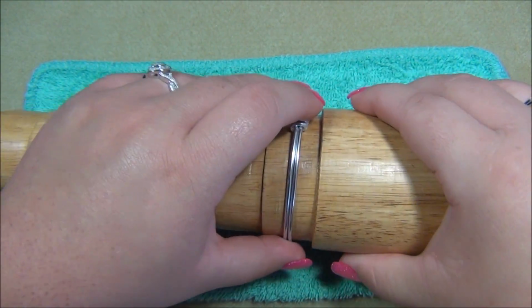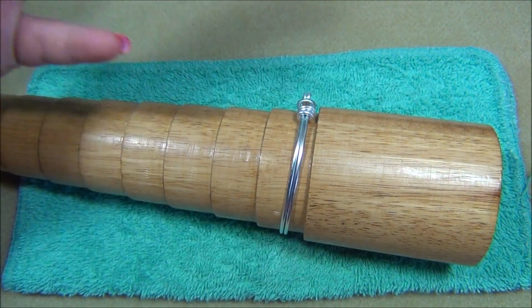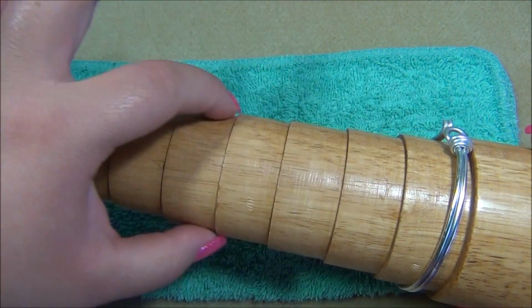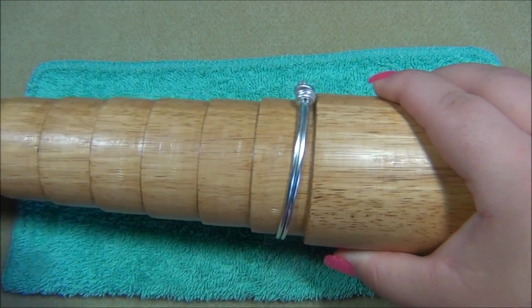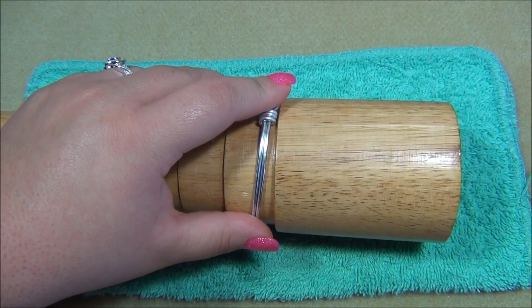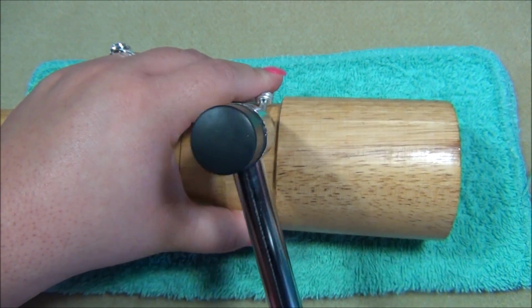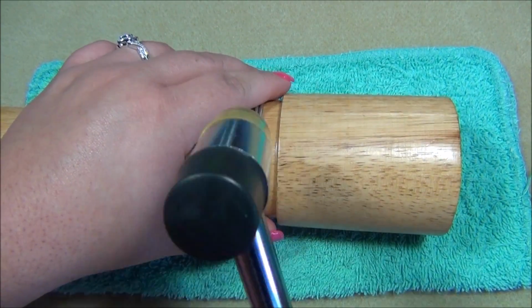Okay, I'm going to start at the biggest size. And you will find, using different wires, that you will have to go up here and hammer on the smaller ones in order to get your shape just right. Okay, so I'm going to start hammering, and I like to spin this really slowly as I hammer,